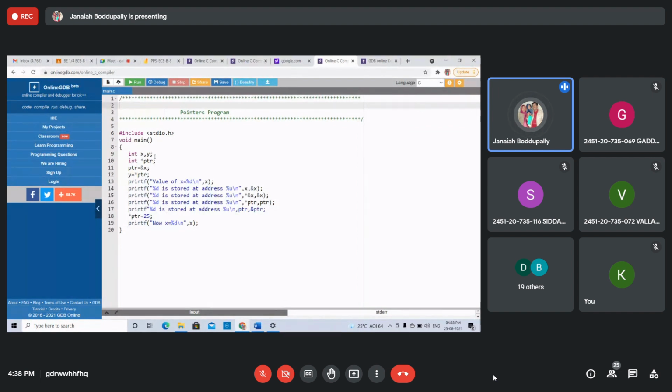Any mistake we missed? *ptr, value of x, ptr, *ptr, integer type. Oh, we missed something.